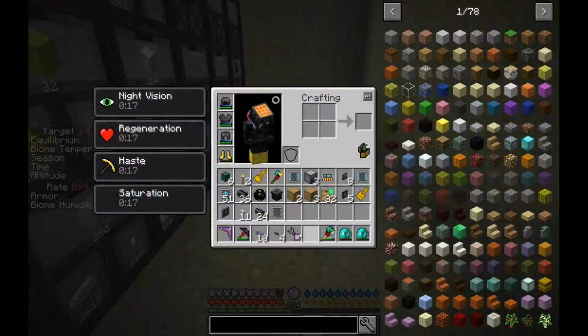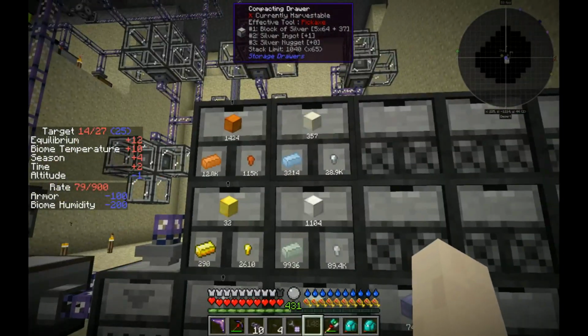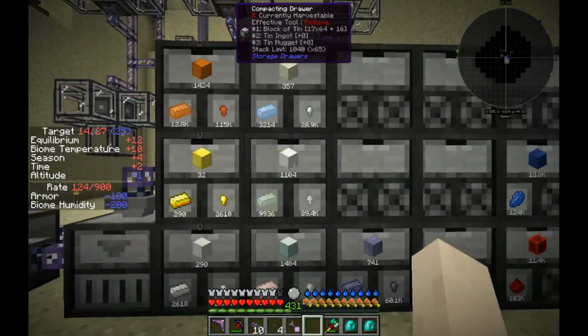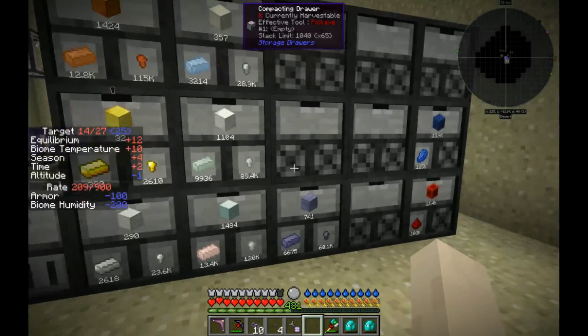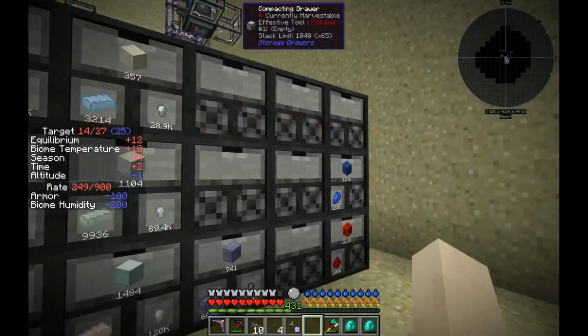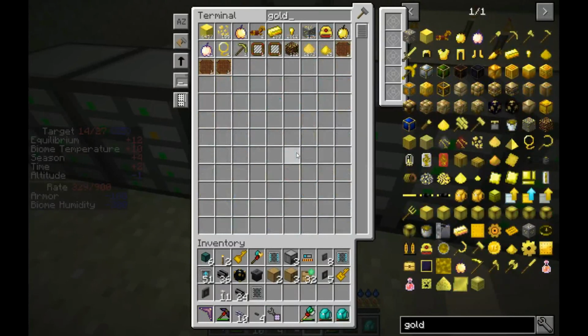And the reason I set that back is the ability to have nuggets or ingots or blocks is really amazing. That's really something that you want to have at all times. So this way I'm getting everything correctly. Now in the system, if I look at gold, I have